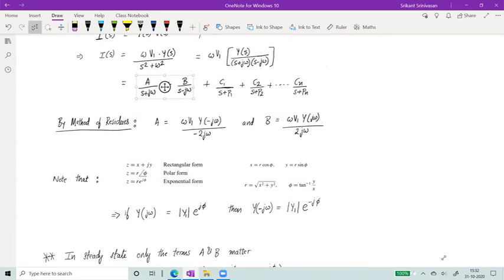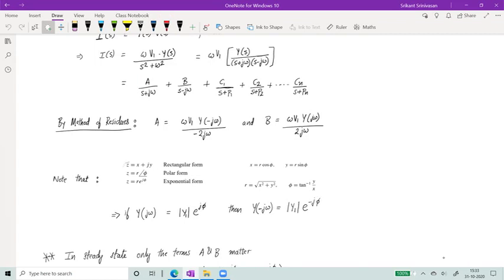Now, we have already had some experience with rectangular and polar forms, and you know that if I take any complex number of the form x plus jy, why am I talking about complex numbers? Well, two things. I have s plus j omega and s minus j omega, which are complex numbers. In addition, I also know that s itself is a complex frequency, s is given by sigma plus j omega. So s is a complex number. So when I have complex numbers, that means I'm talking about Y of minus j omega and Y of j omega. If I want to evaluate these expressions, each is going to be some function of real and imaginary terms.